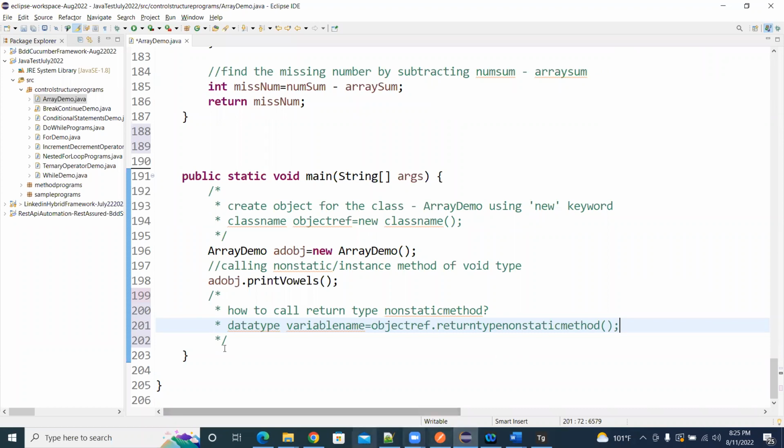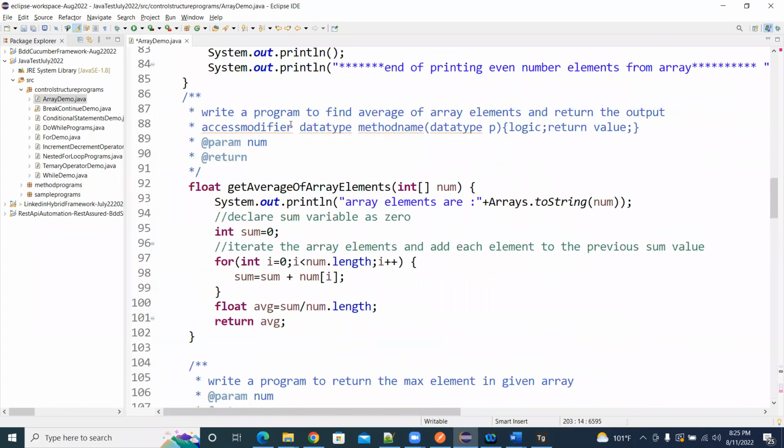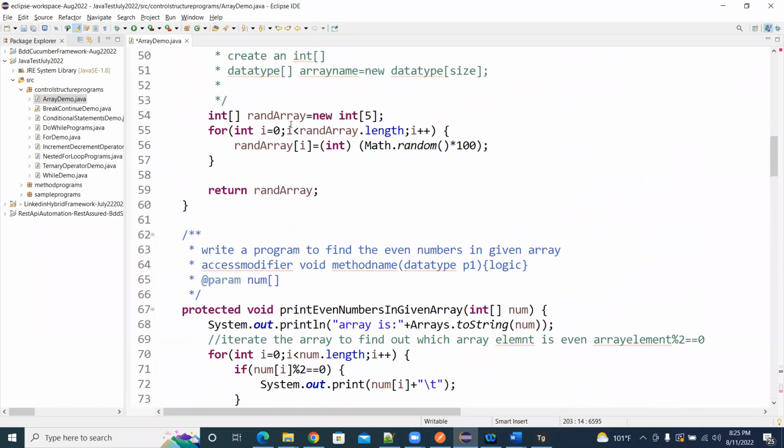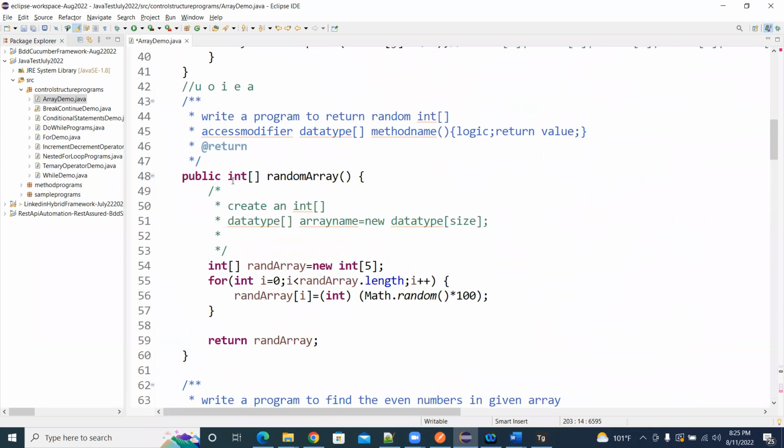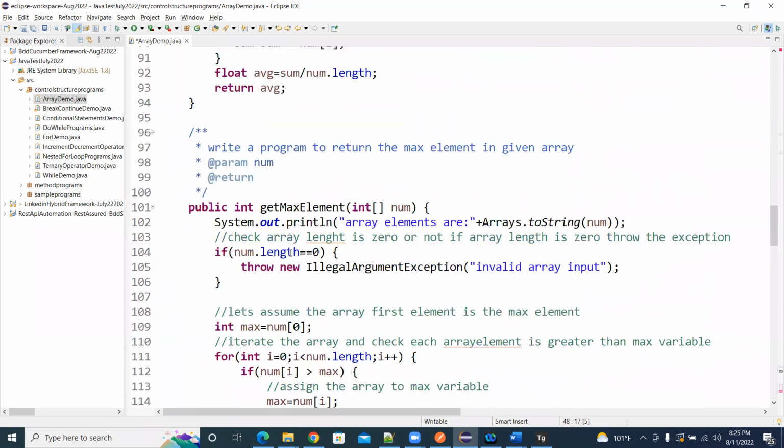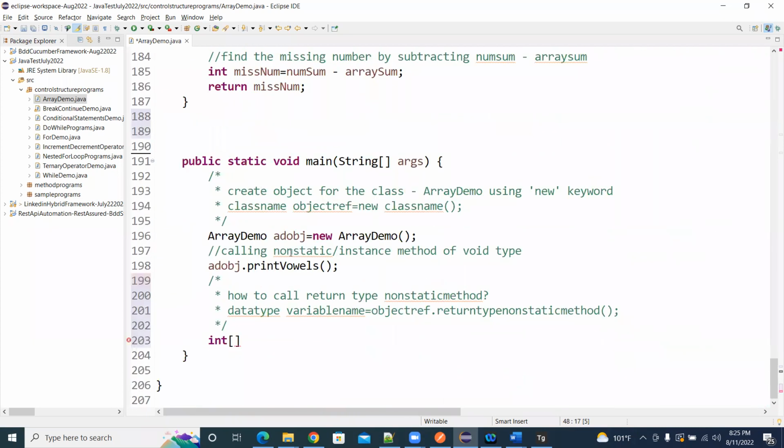Okay, I'll call the random array method. It returns an integer array. That's what you can see here: this is the return type. The same return type I am writing here. So return type of the method, then variable name, numArray equal to